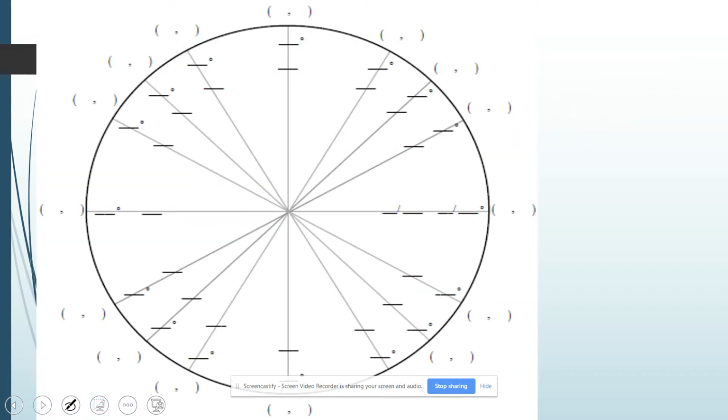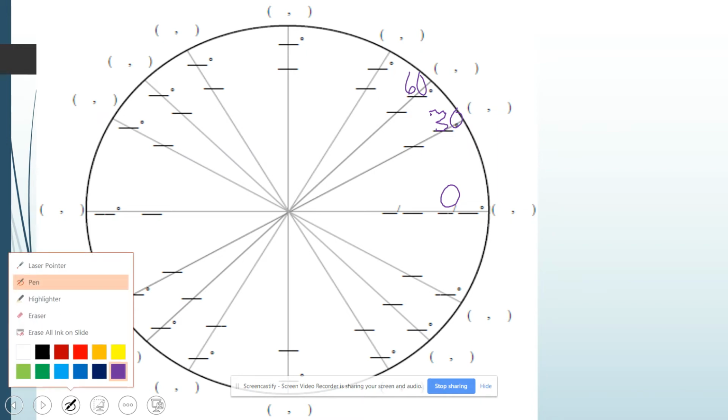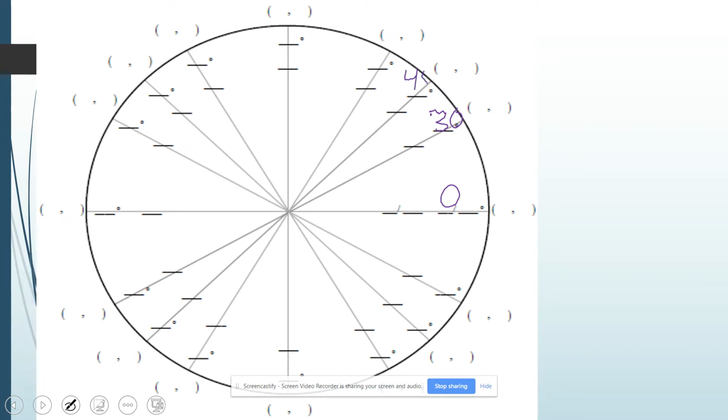So we're going to put the two plates that we made in class together onto one big circle. I'm going to start with our degrees. So we have 0 degrees, 30, 45, 60, 90, 120,